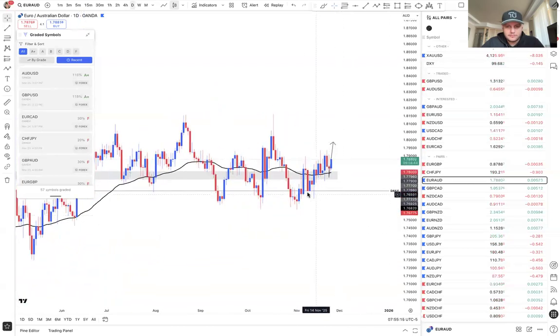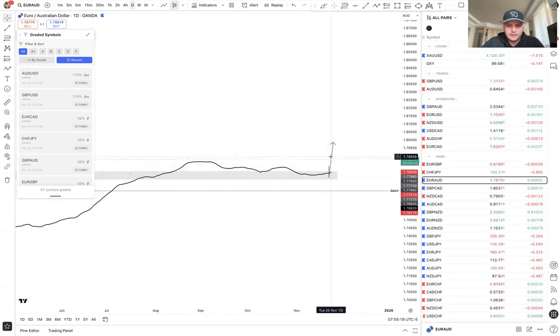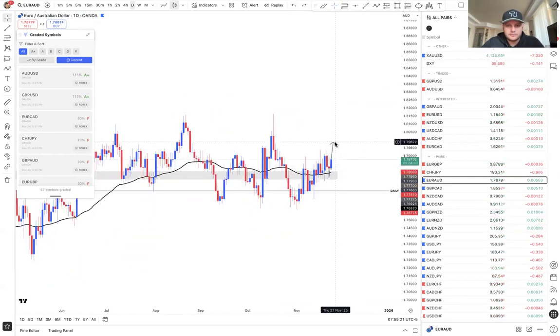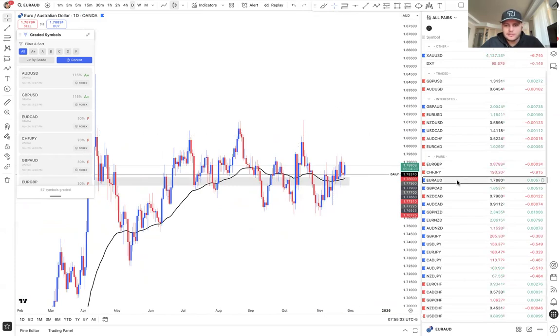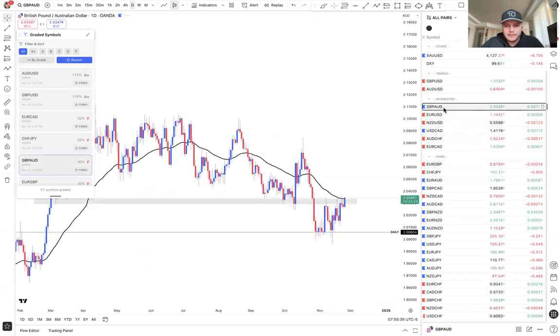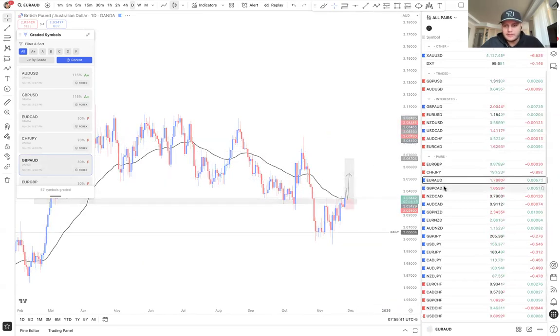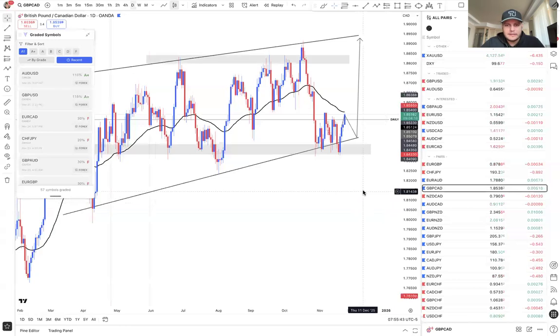Daily time frame, higher high, pull back, next higher high. Yeah, so we have a pullback, and I think we might create a higher high on the daily time frame, which would give us a new structure point. On this one, I'm not too interested. I think it's very similar to GBP AUD though, and GBP AUD is much cleaner in terms of market structure. So we'll stick to that one.